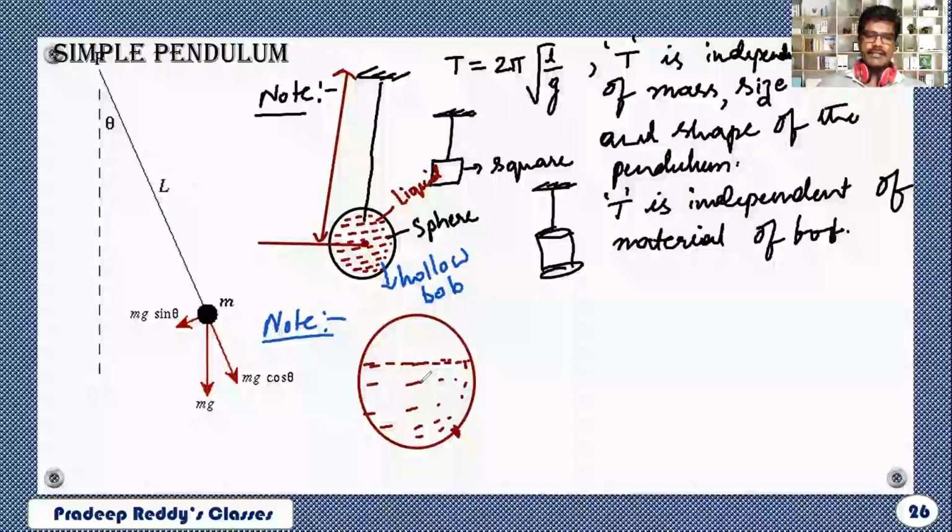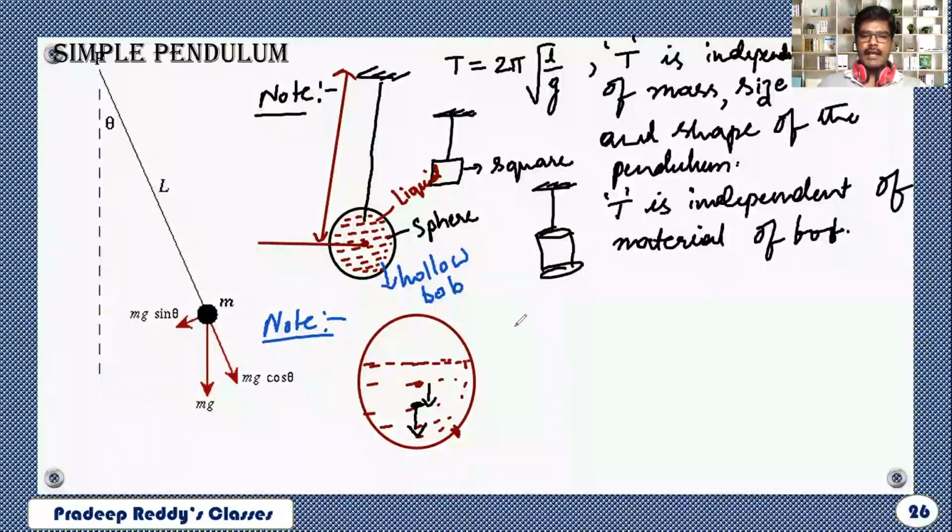Now, previously this is the center of gravity, but as the liquid level is coming down, where will its center of gravity be? Center of gravity will be at this position. Center of mass will be at this position, right? What is happening to the center of mass of this bob? It will undergo change. It is coming down. Likewise, if some more liquid comes out, the center of gravity and center of mass keep coming down.